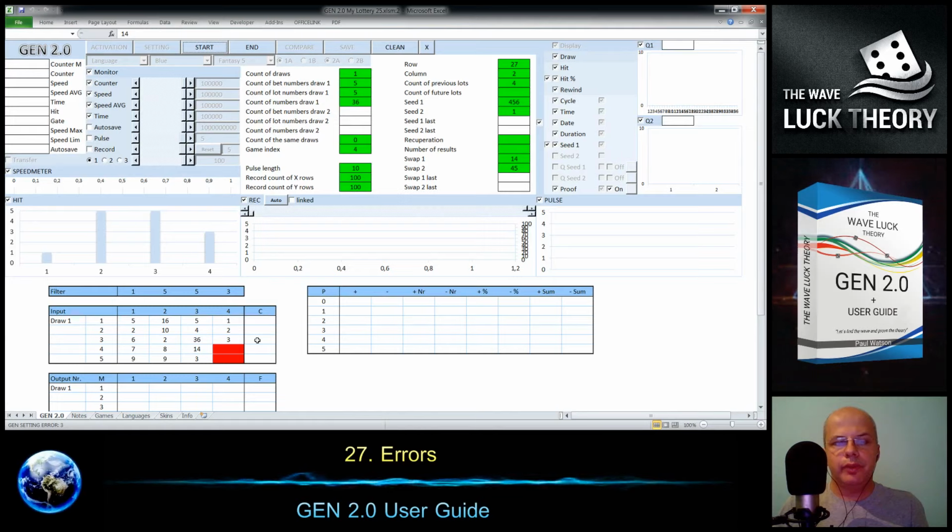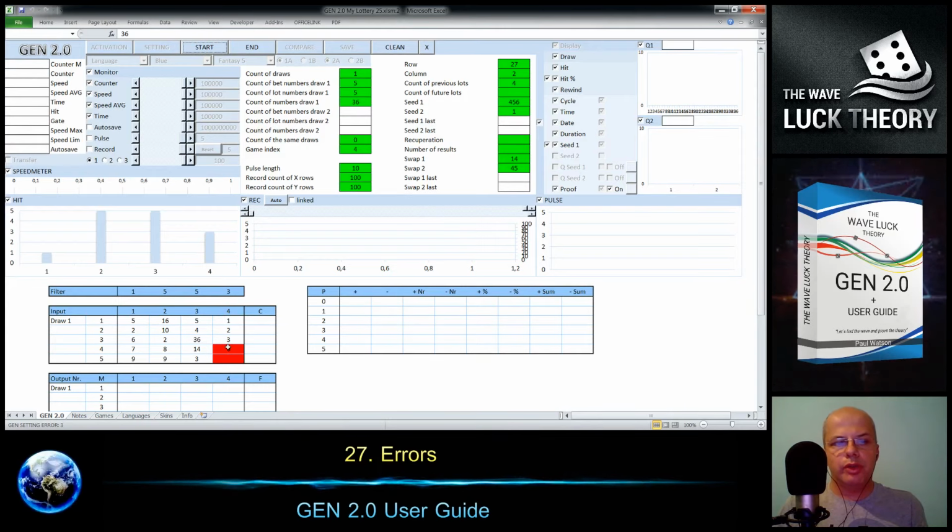And finally the problem is if the numbers are missing, or if we use 0, because the gene doesn't work with zeros. Instead of 0, as I explained in one of the previous tutorials for the cash and pick lotteries, we can use number 10, but here I recommend to watch this tutorial.